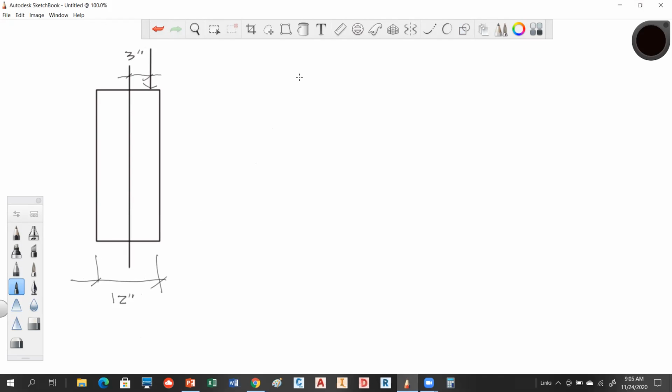Now I'm going to draw another diagram that would be looking down on this. So let me draw a diagram looking down on this cross section. That would be looking in plan view. What we're seeing here is that this is